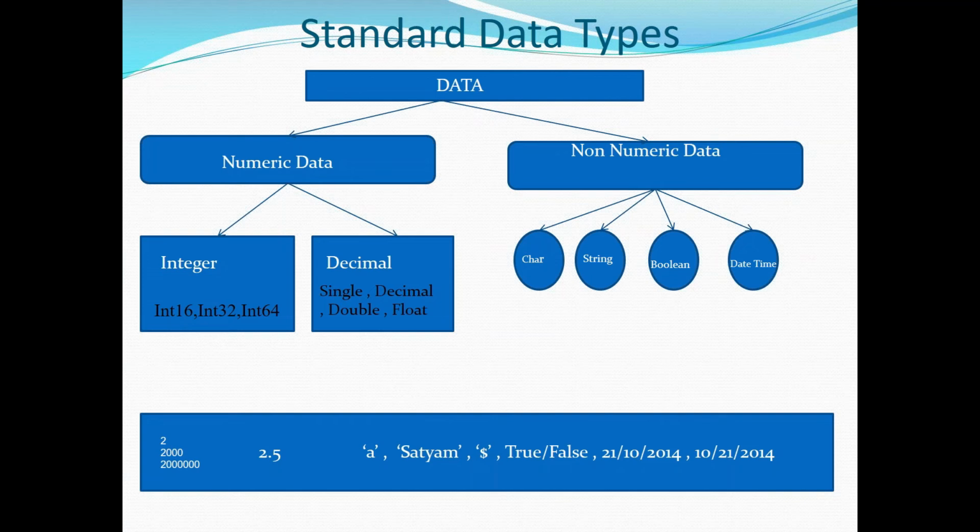That much of a number can be stored in your int 16. So between this range, you can store any number into int 16. Now if we select a number like 3 or 4, that is a very small number. Just to let you know the difference between these three, I took a simple example, 2000 and 20,000.